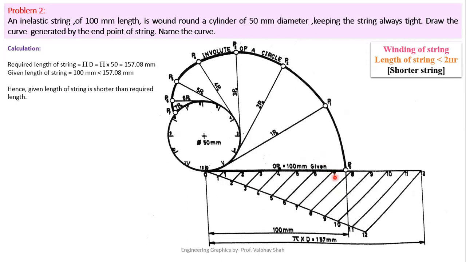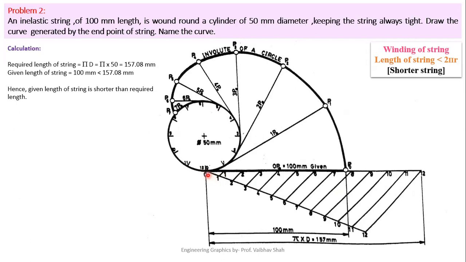So once again, we are having this point between 7 and 8, which suggests that your example will end between these 7 and 8 points on the circle. So you need not draw any more tangents from these further points 8, 9, 10, 11 and 12. Now let us start with the example.